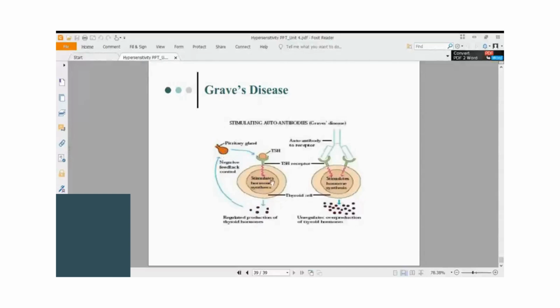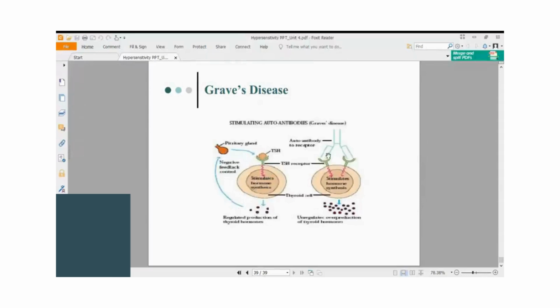Remember, the natural response is a very well regulated response. No excess thyroid hormone is going to be produced. It is a feedback regulation. Whenever there is sufficient quantity of hormone, it directs the pituitary to stop producing TSH so that the thyroid will stop producing the thyroglobulin. That well regulated mechanism will be disrupted